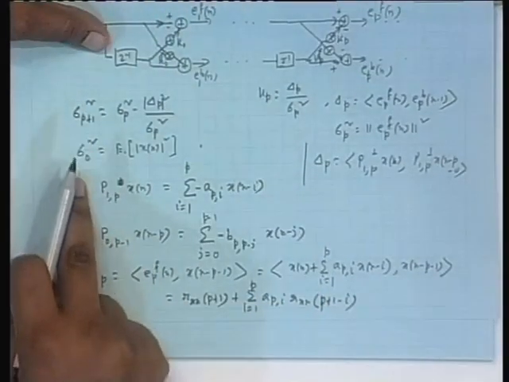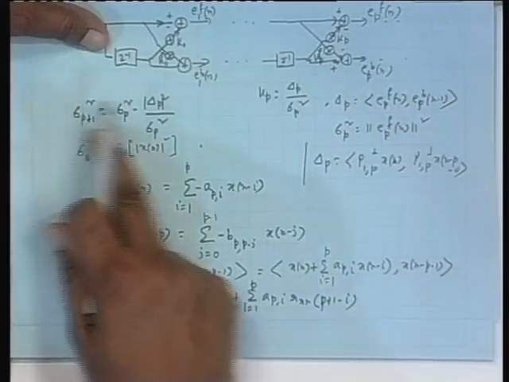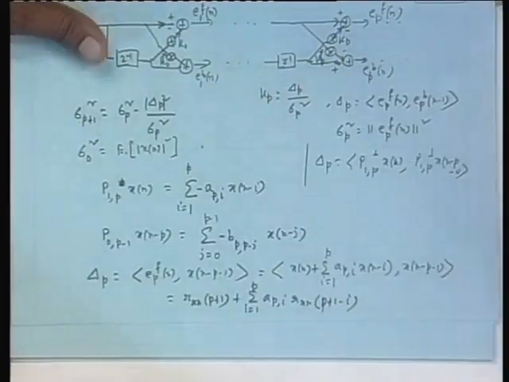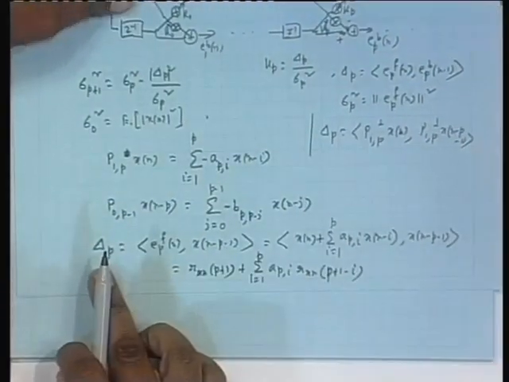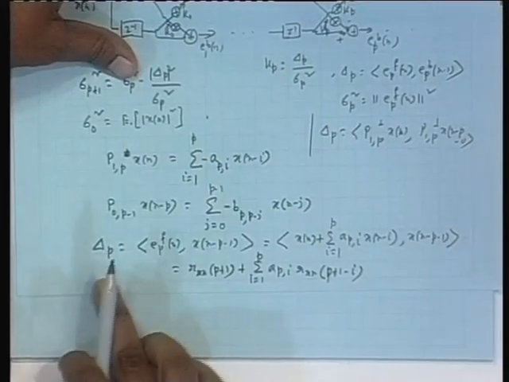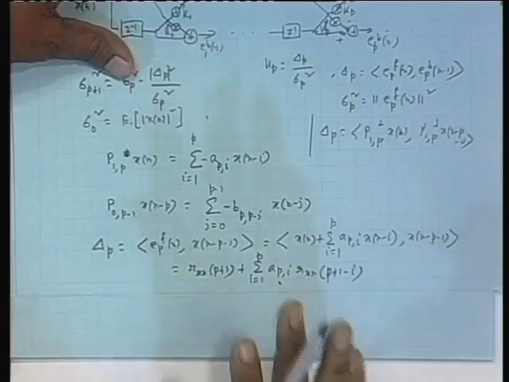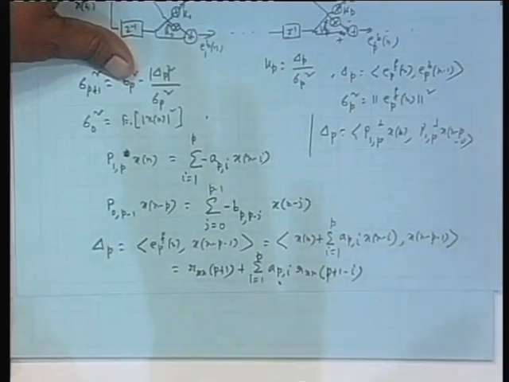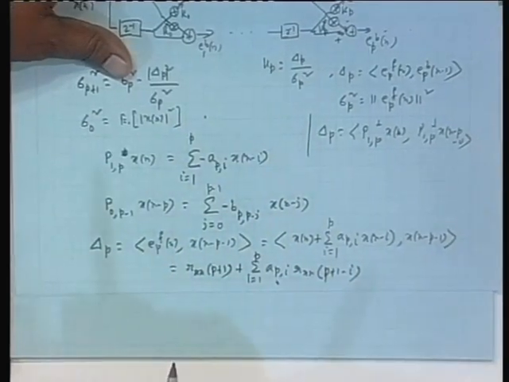Sigma p square can be updated recursively very simply. We don't have to carry out the sigma p square computation elaborately and explicitly in all terms. It can just be updated recursively. Delta p cannot be. But for that I need these coefficients, not only the correlation values, which I assume are given to you, but also these coefficients. So these coefficients need to be updated or at least computed. These coefficients can be updated recursively.